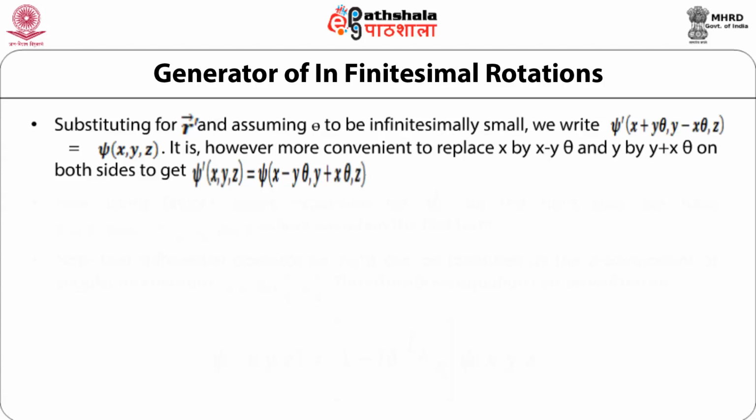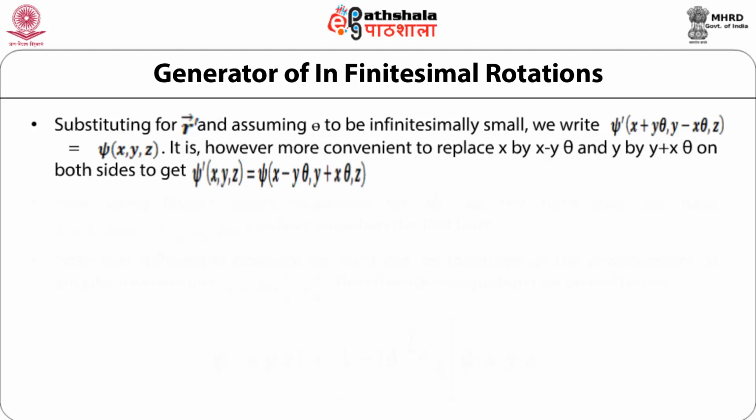And this should be equal to the wave function psi as a function of coordinates x, y, z in the original coordinate system. So here what we have done is that in the equations for x prime and y prime, assuming that our theta is infinitesimally small, sine theta has been approximated as theta, while cos theta has been approximated as 1. It is, however, more convenient to replace x by x minus y theta and y by y